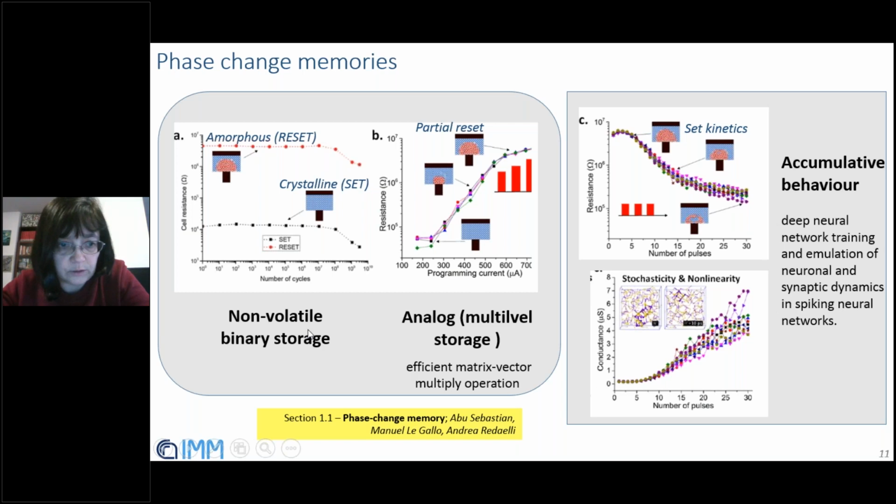For instance, beyond the standard non-volatile binary storage, we can engineer analog or multi-level storage, which is useful for matrix vector multiply operation. And also we can exploit this accumulative behavior, which is useful for neural network training or emulation of neural and synaptic dynamics. Of course, also in this case, as previously discussed for valence change memory, we have some kind of stochasticity and non-linearity, which on one side could be detrimental, but on the other side can also be used for